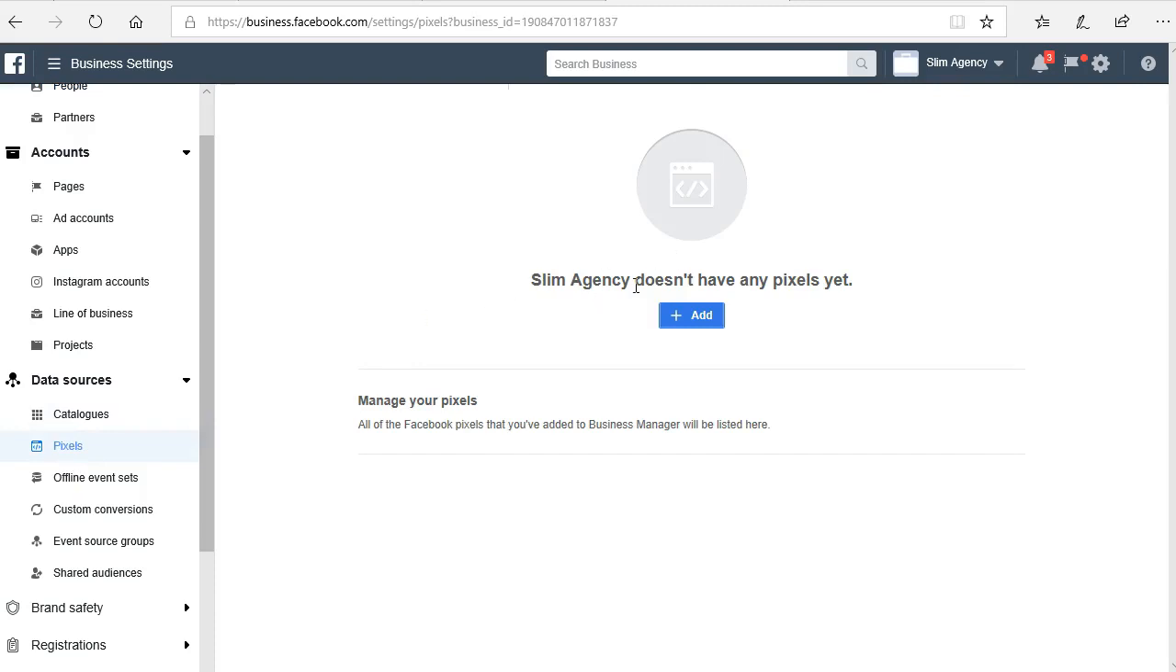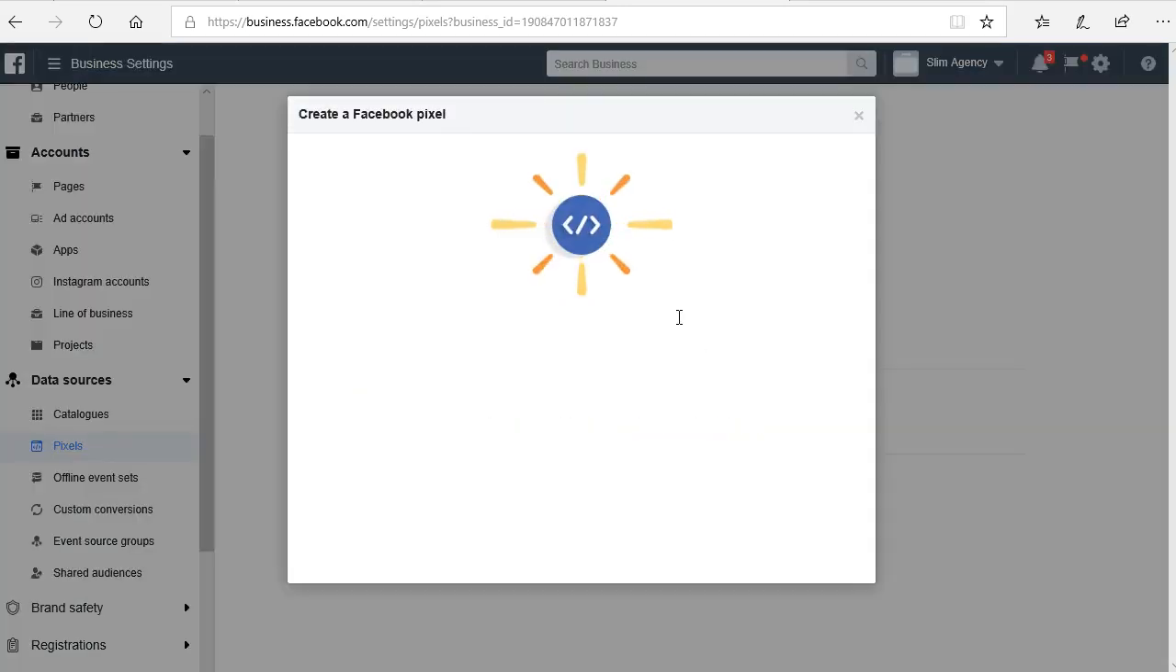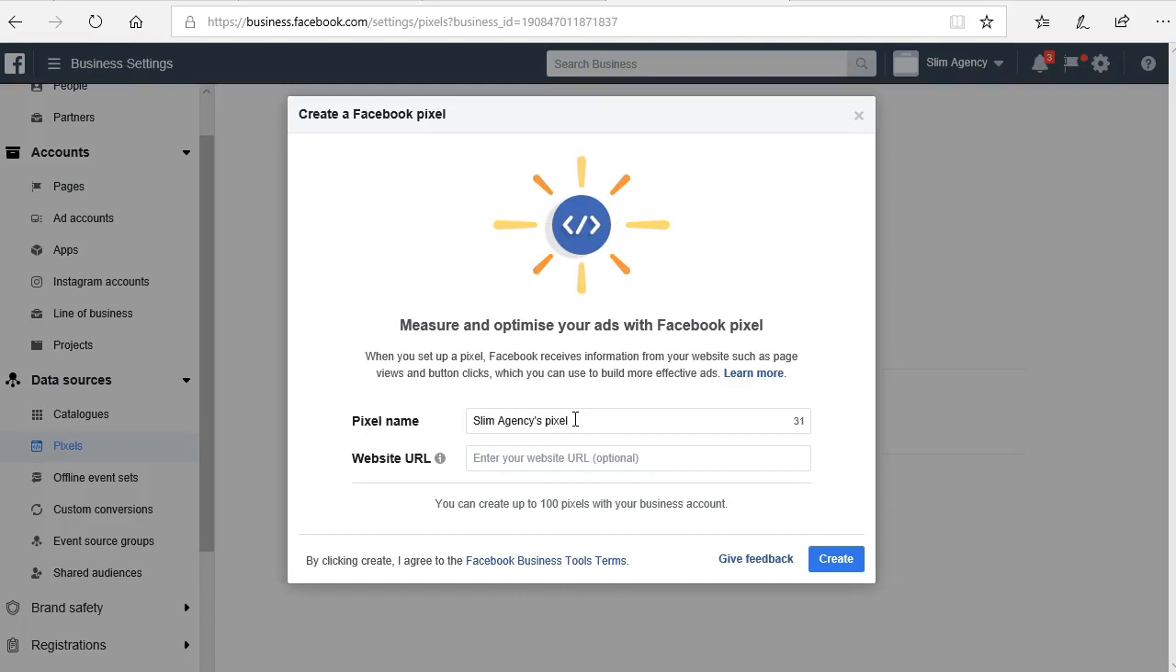As you can see right here, this says Slim Agency doesn't have any pixels yet. Slim Agency is the business manager we are dealing with here. So Slim Agency doesn't have any pixels yet. So what we just do is we simply click on add, and then pixel name, you put in the name